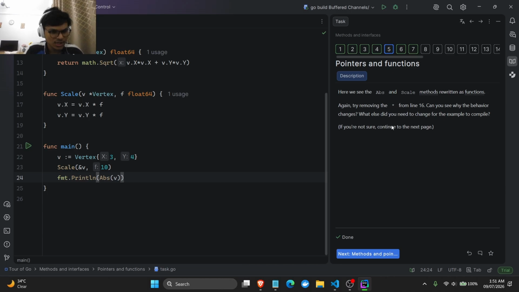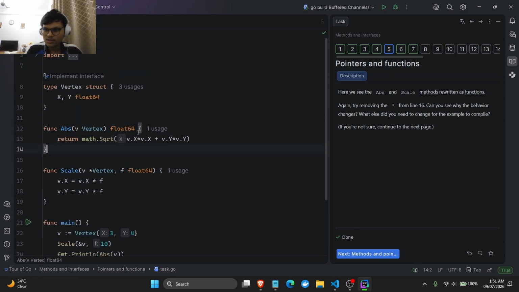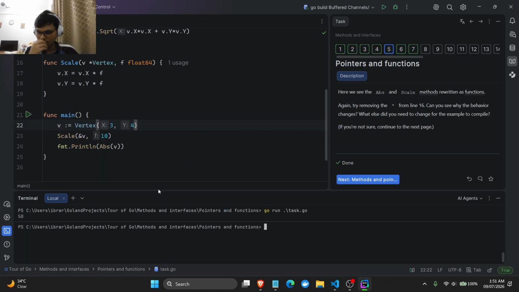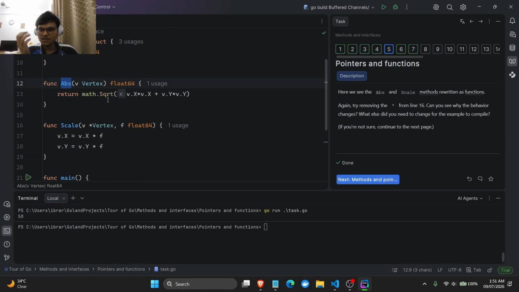I'm not sure. Also try removing this. Does not compile or what? Crazy. Now it's getting interesting. So cd back, let's go cd pointers and functions and go run task. This does not compile. That's compiled though. Right, so we do abs, and